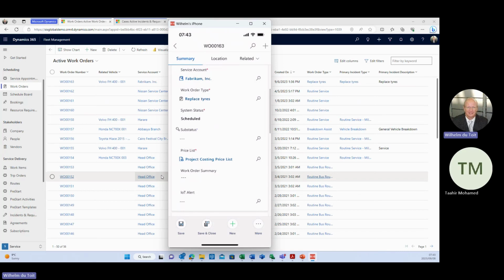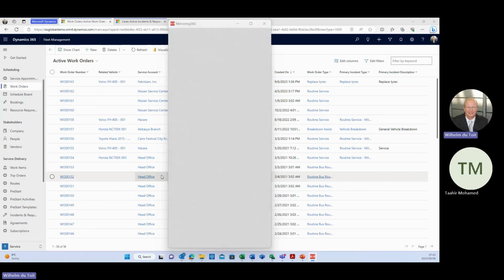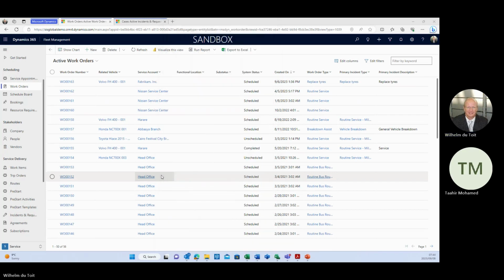Typically, 4 tires received and installed. This is the time it took, and I can sign off the job card, and the status and the timestamp of the status changes will go through directly then to the